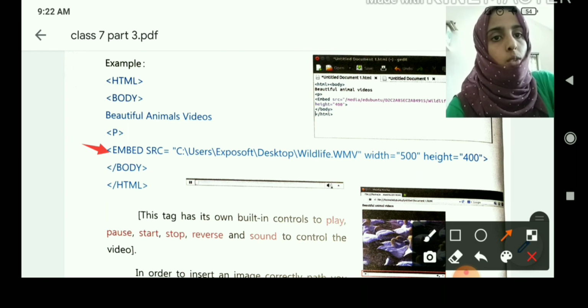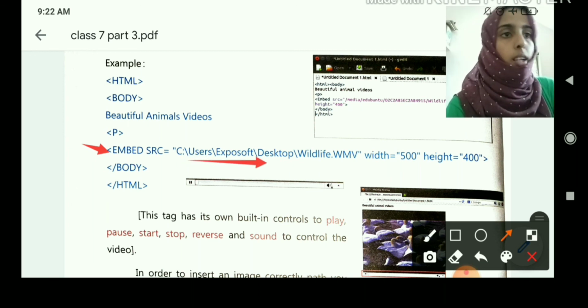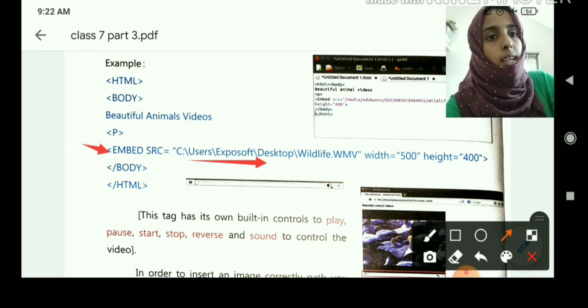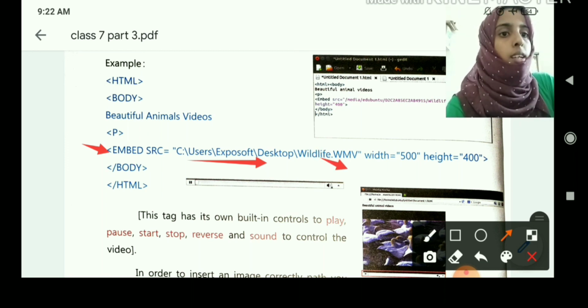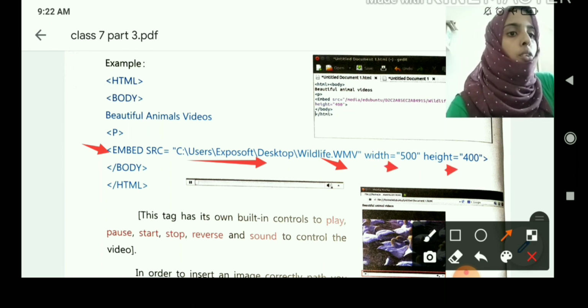Here, dear student, this is the path of the location, that means where the video or audio is stored in your computer. Okay, and this is the name of the video file. Then width equal to 500 pixels, then height equal to 400. Okay.